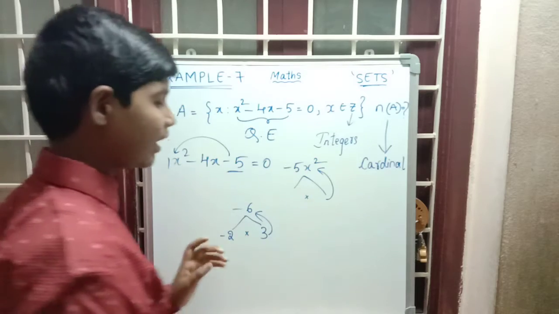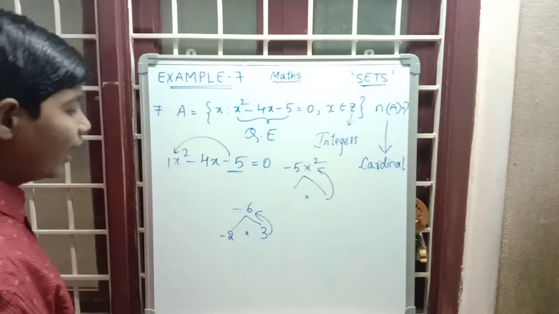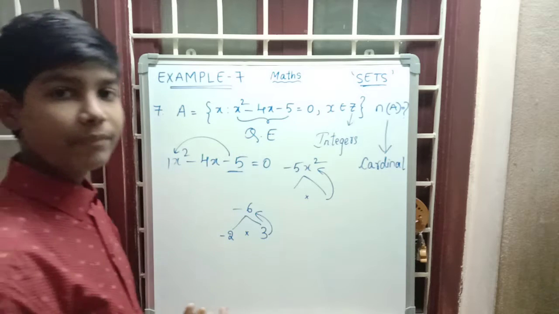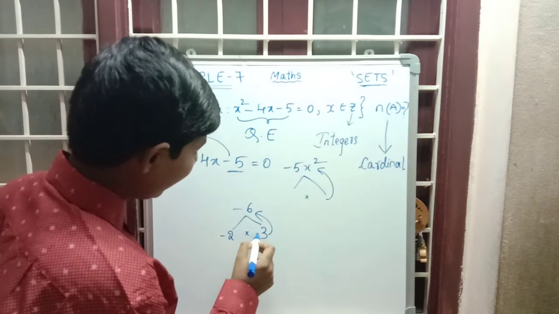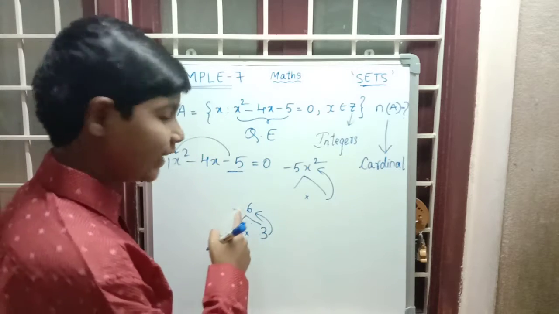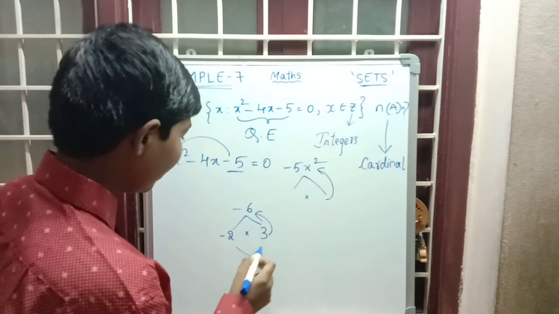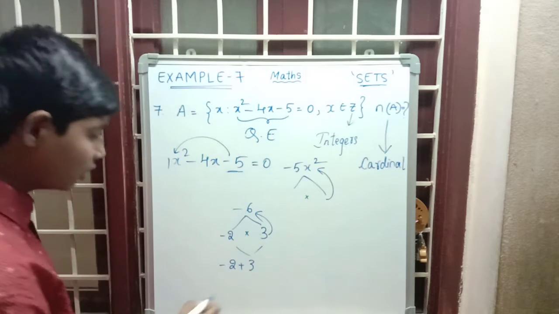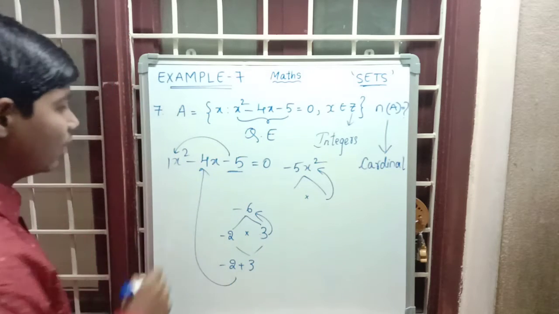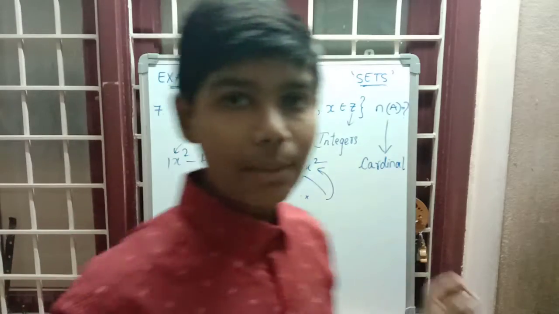So here also in the same way we have to do. Again here one condition should be there. One condition is, here we are multiplying, so we will get the minus 6. That means above that, if we are adding minus 2 plus 3, what answer should come? This middle value should come as the answer.